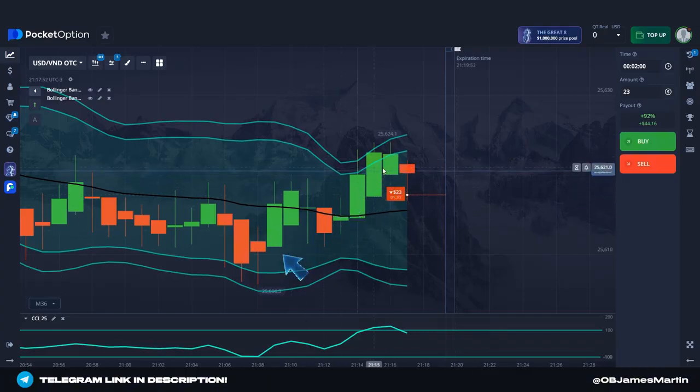Firstly, I see that after a small rise with the green candles, there was a local reversal and the chart began